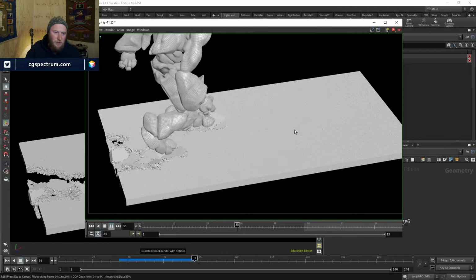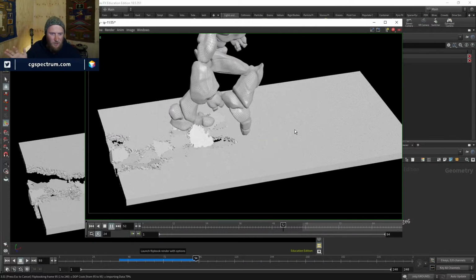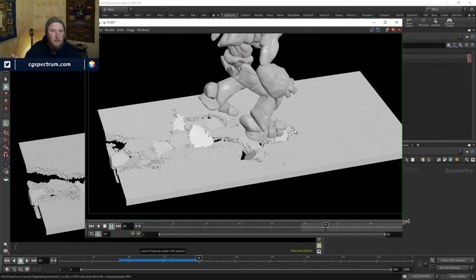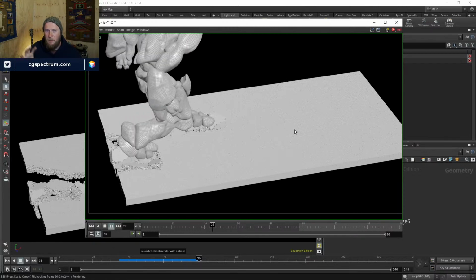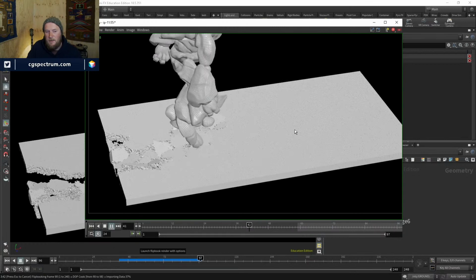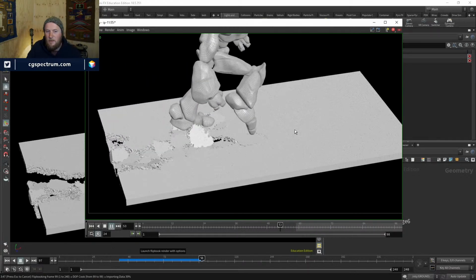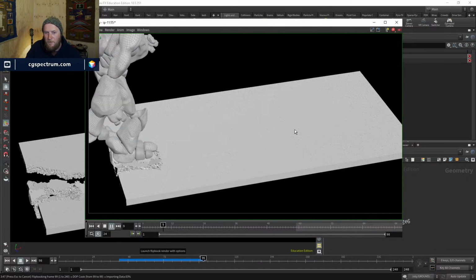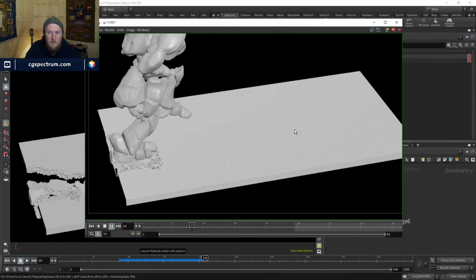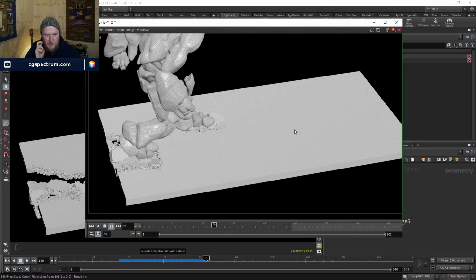And if you rely solely on RBD simulations, or solely on simulations, you're going to be in a world of pain, because simulations can be tricky to control and to get specific things happening at specific moments, exactly perfectly in that direction. So by adding in as much procedural art direction or controls as you can, it makes life a lot easier and means you can get the result a lot quicker. So it's definitely something to think about,